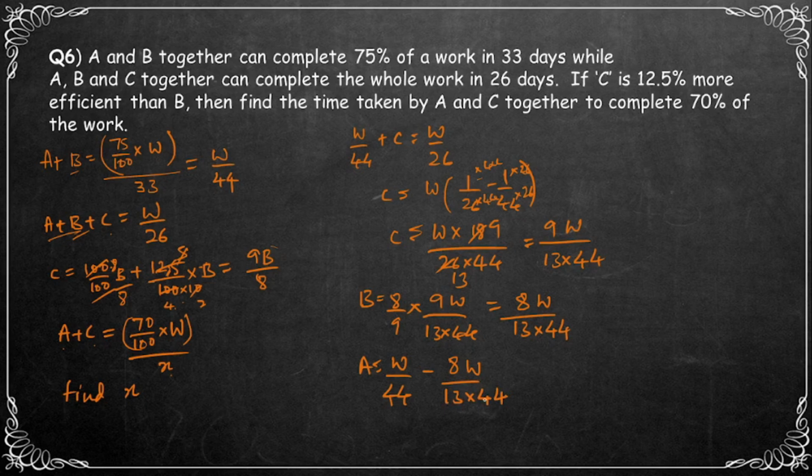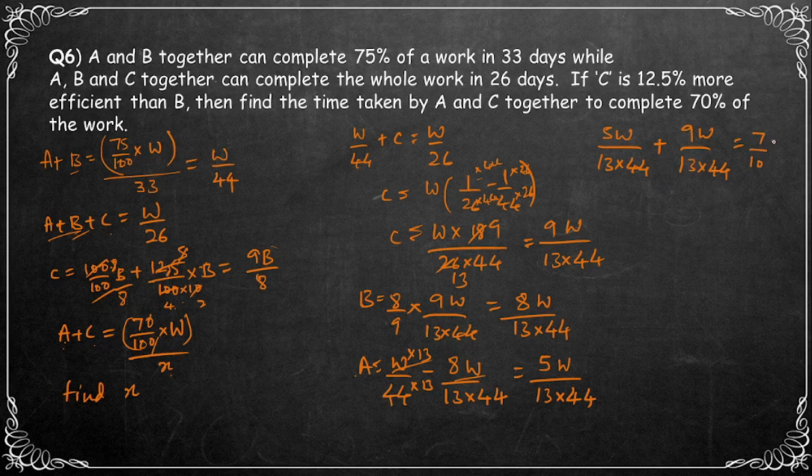Since we need to make the denominator the same, we multiply this fraction, both numerator and denominator, by 13. So 13W minus 8W, which is 5W, divided by 13 into 44. If we substitute values of A and C in this fraction, we can get the value of X. So A is 5W by 13 into 44, and C value is 9W by 13 into 44, is equal to